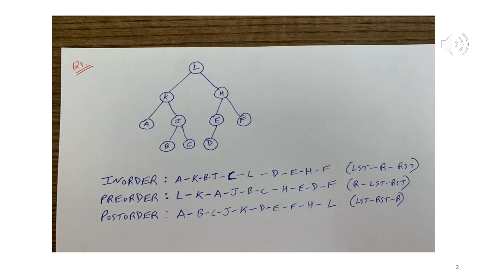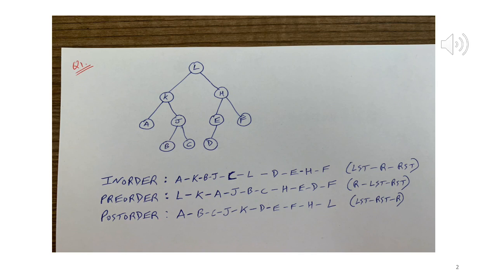So A and K appear as single nodes. Now JBC again we have to do a post order recursive. So left right root, which means BCJ. So now we're done. So now for the right subtree, the tree rooted at H, right? So for the tree rooted at H, what do we do? Left right root, so E and D in some order, then F, then H.